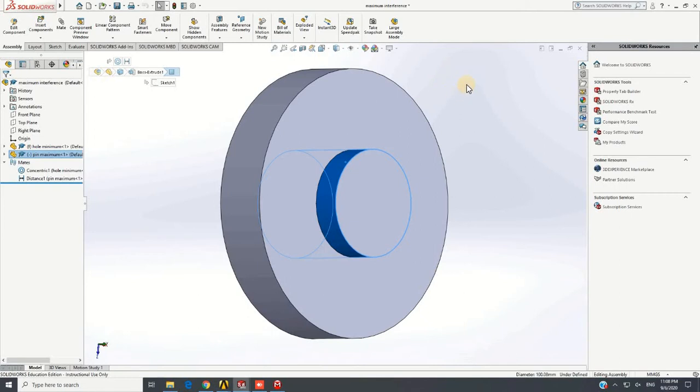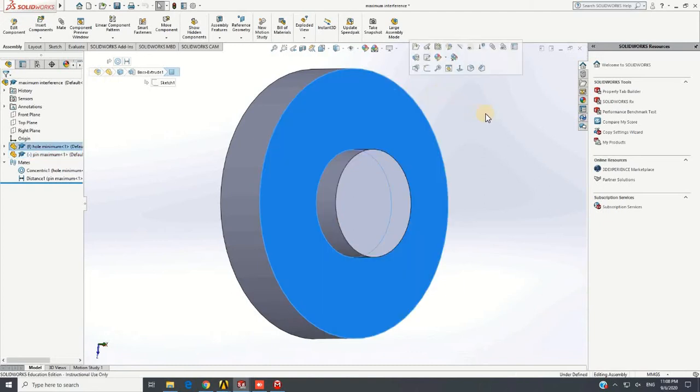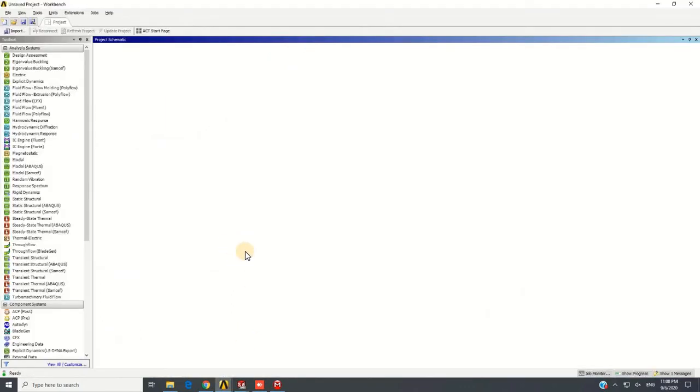Today we'll be analyzing two cases where the hole has the smallest dimensions while the pin has the largest, and vice versa. So we'll be analyzing the interference between hole and pin. So let's go to the ANSYS. In ANSYS, we select static structural for this analysis,